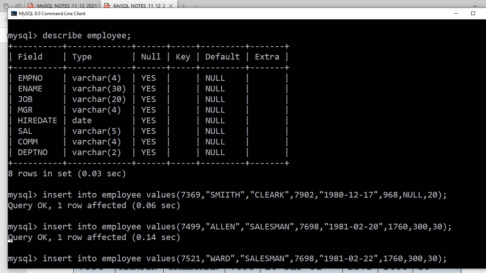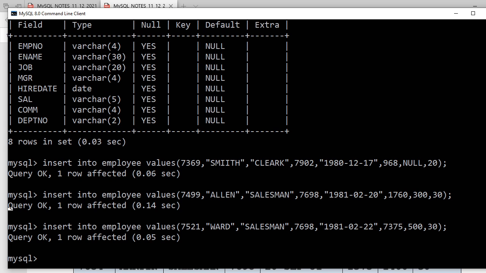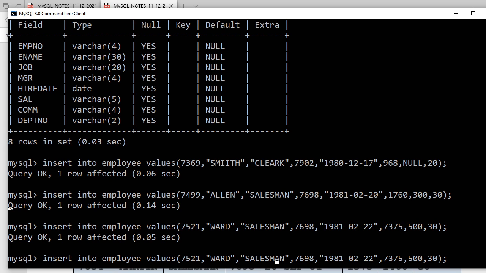Then 7375. Then next one, 500. Then next one, 30. Next, go a little bit faster. This is not the aim. The aim is queries. Very fast. Go.